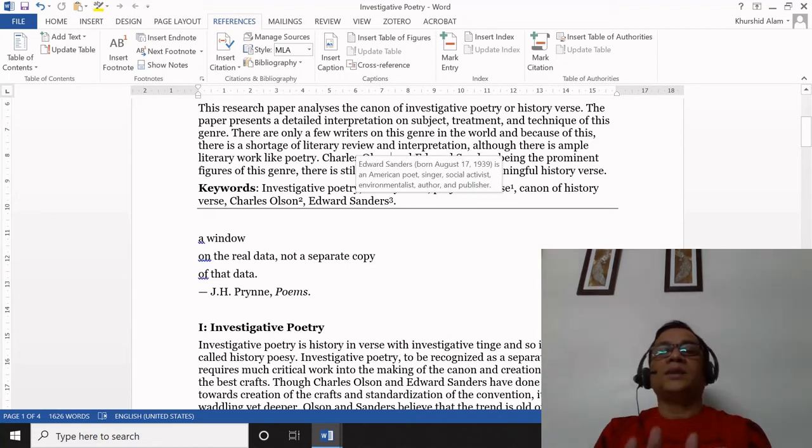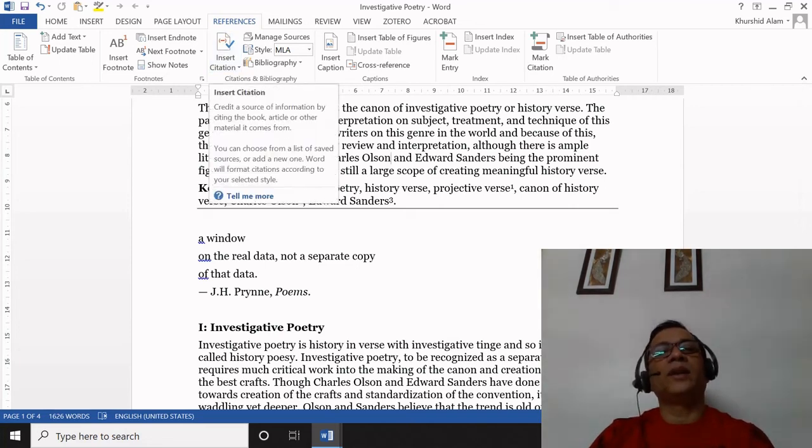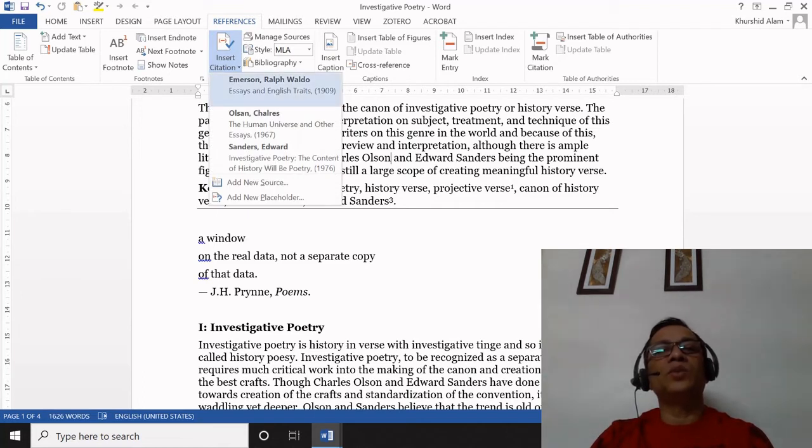As I said, to create in-text citation, you need first to create bibliography. Because I have already created bibliography now, you must go there and you will see that each citation is appearing here.